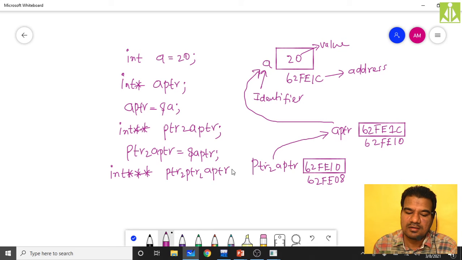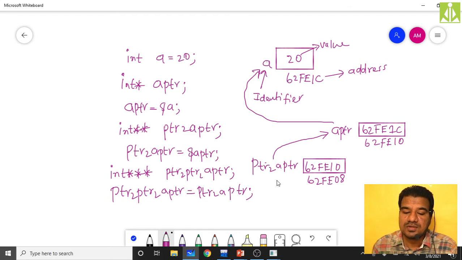Now this PTR2 PTR2 APTR is capable of holding the address of PTR2 APTR, like this. So what is this?